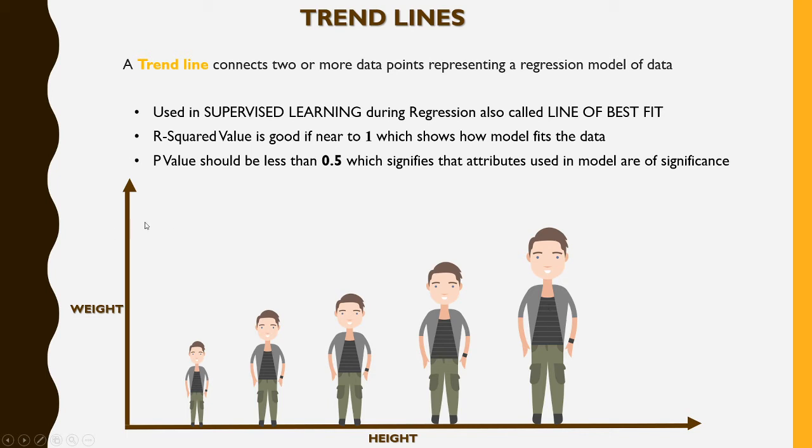So when we talk about dependency, weight depends upon height, and if we take that data and provide it to our model, then our model will give us the value in the form of a line, and this is called a linear line. This linear line will show me that some values are above the line, some are on the line, and some are below the line, which shows how my model is fitting the values. Now with these values it will also show me the confidence interval of this model.